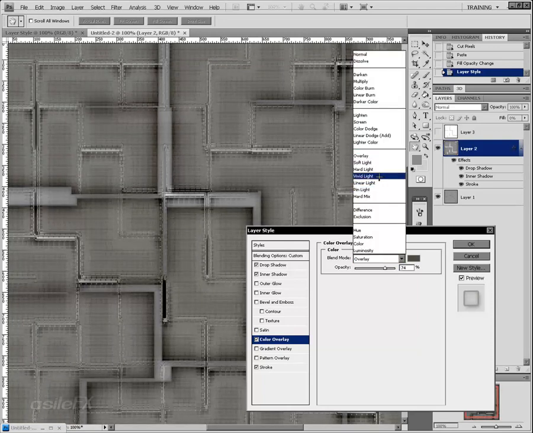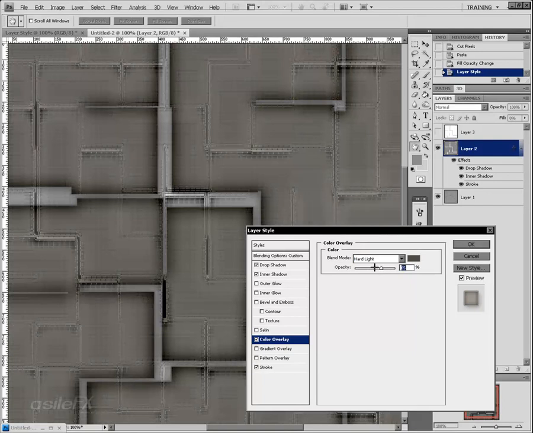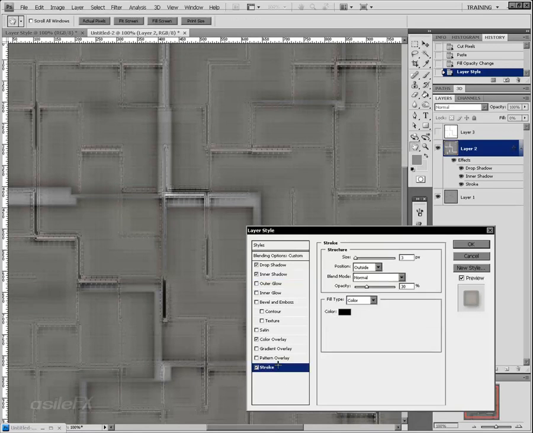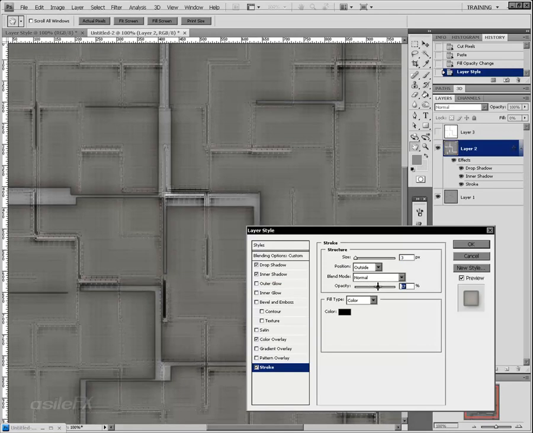So I'm going to use the hard light mode, making sure that we're not messing up the inner shadow too much. I'm going to go ahead and decrease the opacity, the size, slightly adjust the choke. Our stroke, I'm going to increase the opacity just a little bit. This stroke amount is going to become really important with the next step we're doing. I am going to reduce its size down to 1,